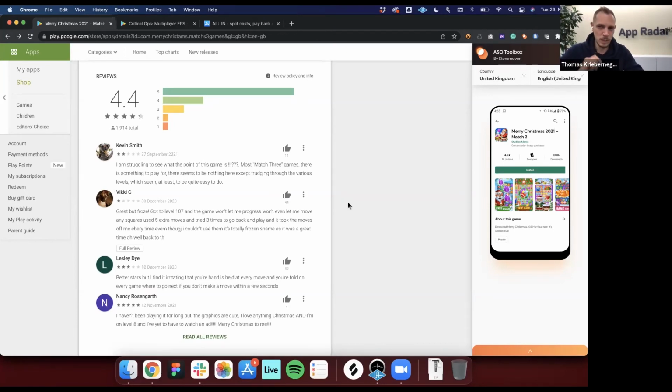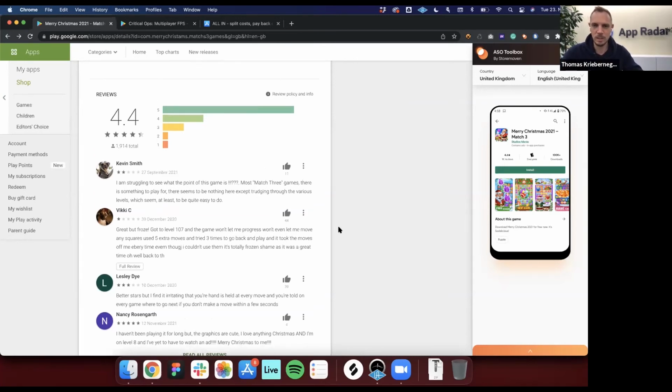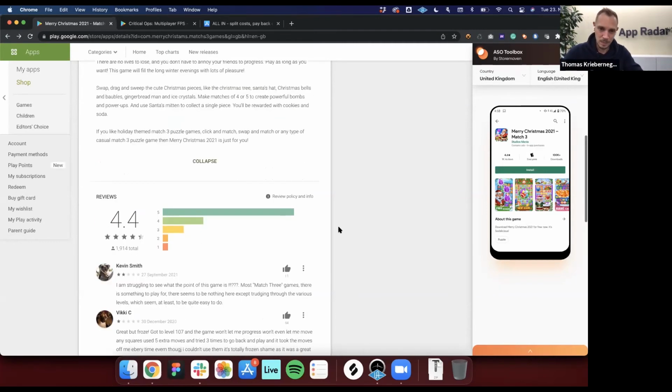So here, a really quick tip, because this doesn't take long and can be done very easily. Once again, with a tool like AppRadar, you can answer the reviews that you're getting and just show that you as the developer really care about the opinion of people downloading your app and, in this case, playing your game. When you do so, you will also have a very positive impact on other people and will raise the conversion rate on your App Store listing.